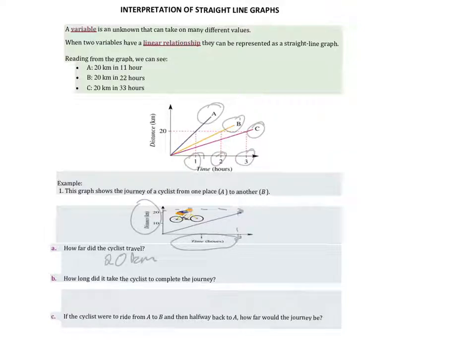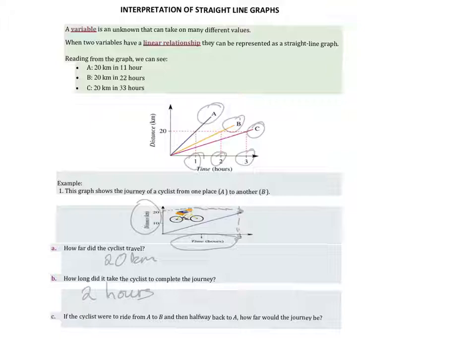20 kilometres. So the next bit says, how long did it take the cyclist to complete the journey? Well, we've just said that after 20 kilometres, it took him 2 hours. So 2 hours is our answer there. So we're reading this information from our graph. Just with a gentle dotted line and a pencil, you can just measure it up and make sure you're reading